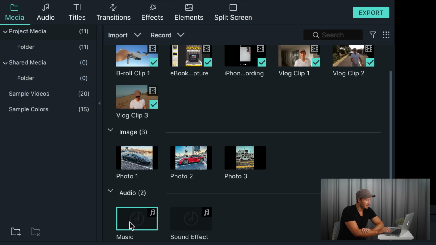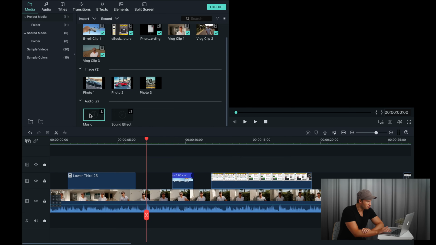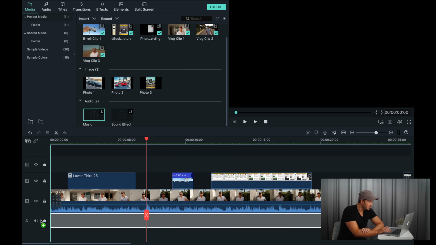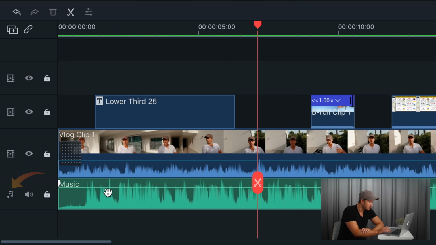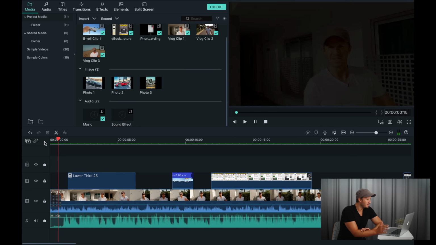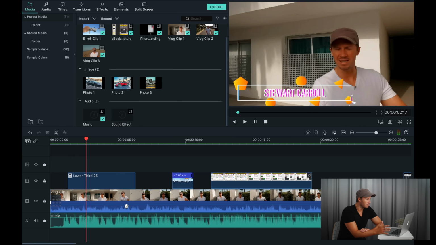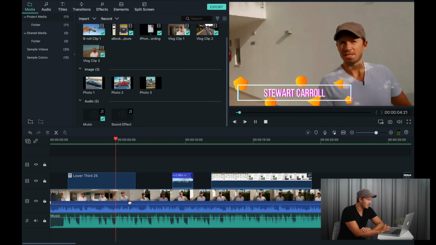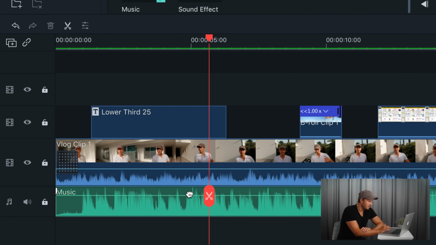Up in the media browser, let's find our music. Drag it down onto the timeline below the video tracks, and there you can see a little musical note depicting that we are on a music track. Play that, and if we decide that the music is too loud or too quiet, we can adjust the volume by dragging on the volume line. There you have it. We'll just pull that down a bit in this case to minus 25 decibels